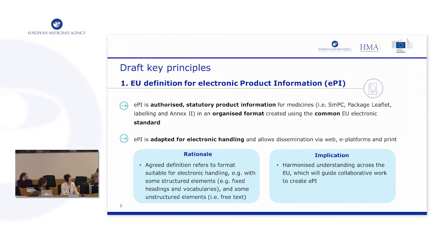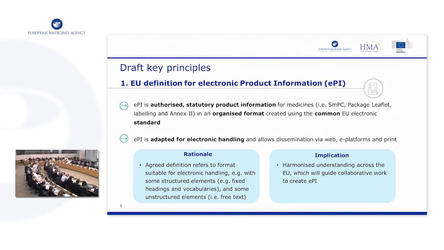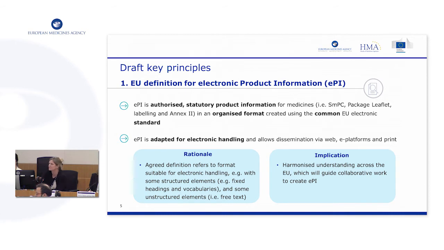Yes, I think it's a valid comment. We can do that. The description you see was just to make sure what is comprised by product information annexes. Maybe we can further specify what exactly is Annex 2, but we take your point. It's a valid point. In a way, Annex 1, Annex 2, and so on is not mentioned. So I think that's a good comment.